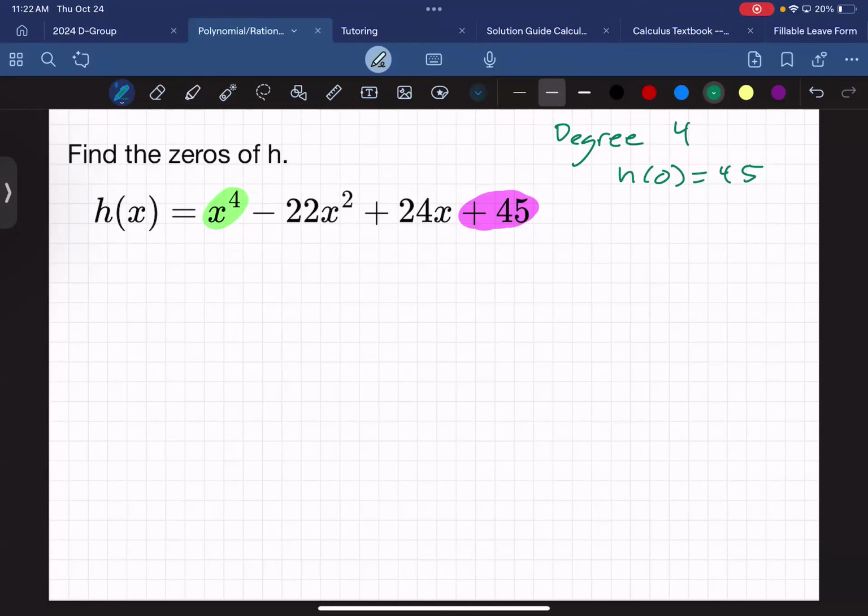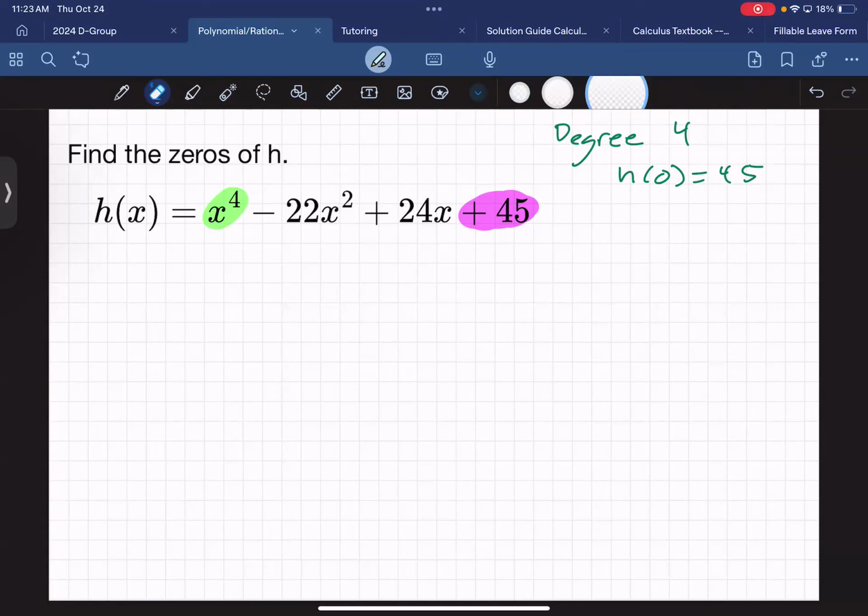Like if I wrote this out, could I have something like x squared minus 3 times x squared plus 7? Would that even work? No, right? Yeah, x squared times x squared gives me x4, but what's 3 times 7? 21, right? They better still multiply to 45, right? So yes, the 45 is helpful as far as getting that y-intercept, but it's going to help me in the